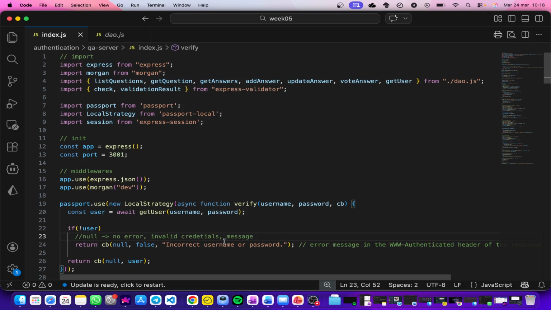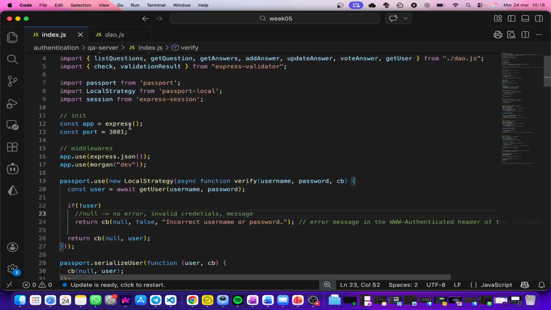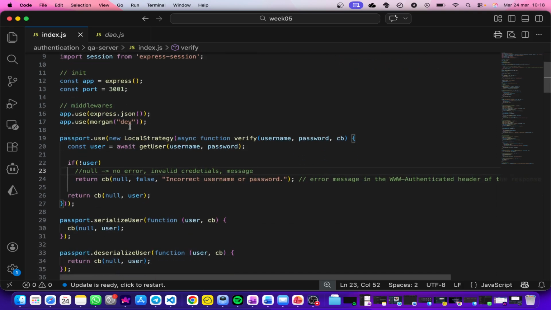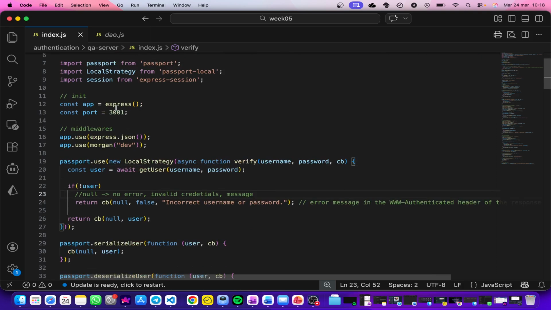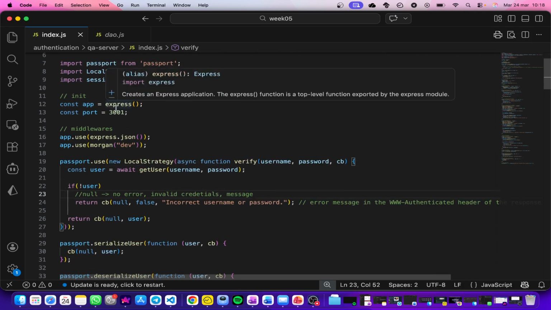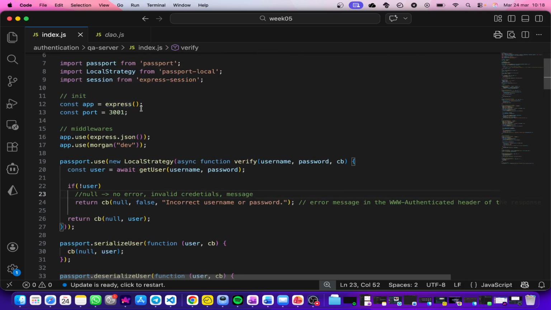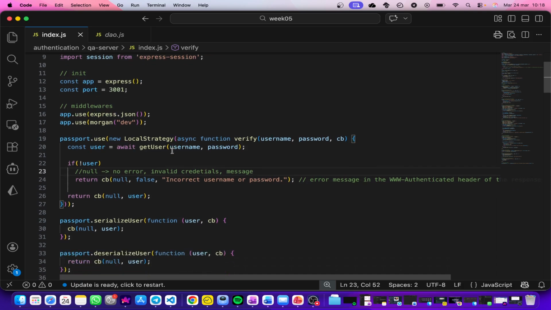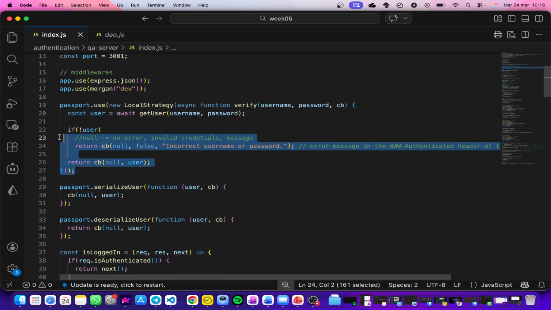And then the session, express-session. As done in the previous lectures, we have to initialize express with JSON, Morgan, and so on. And here, this is the first code